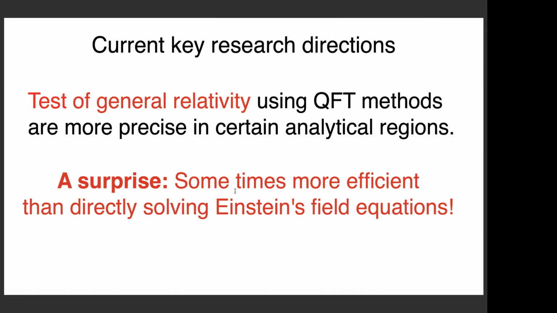An interesting fact, which is also something that Thorne saw in his paper with Kovacs, is that it can actually be more efficient to directly do QFT than solving Einstein's field equations. The reason for that is maybe that the world is in fact quantum mechanical, and the way the path integral works and the way it deduces the classical physics is very organized in a nice way. So we will explore this in our computations.